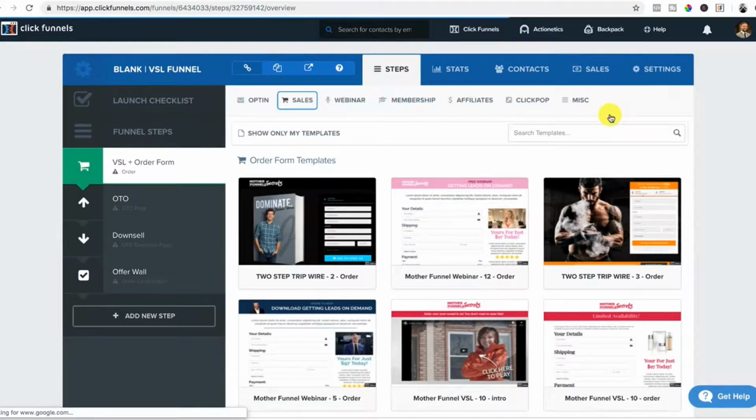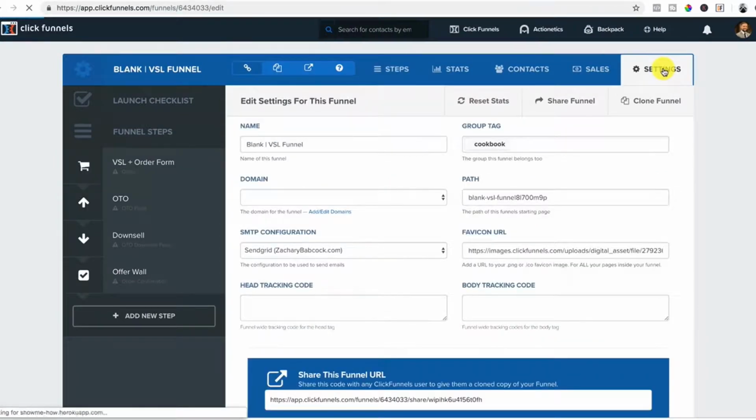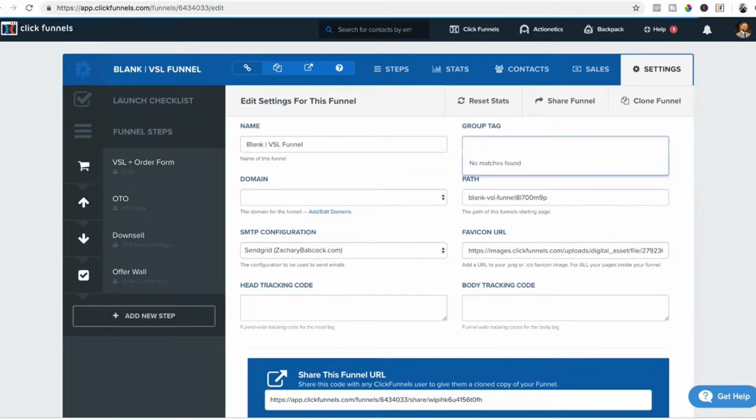All right, now it's loaded up here. And before I even start building out the funnel, before I even start building out the sales page, I want to go to my funnel settings, which is right here, the top right, and I need to make sure that I have this all set up right. So first and foremost, I would name the funnel just so I can recognize it inside out, because if you have a lot of funnels, you can get buried somewhere. And if you want to group tag it, you can put it in there. Like I have stuff under Zachary Babcock,